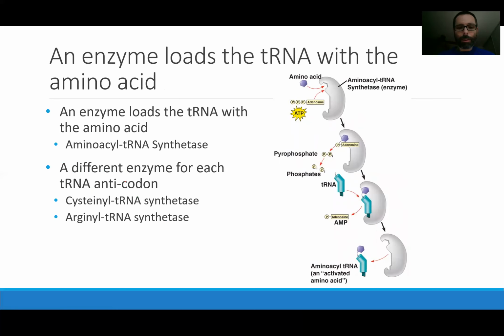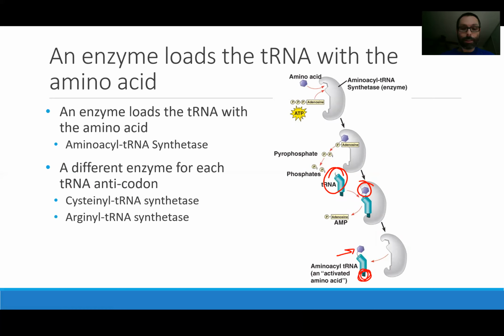That is, of course, if we load them properly. I really hope they wouldn't add something like this into the condensed test, but because all actions in a cell need to be completed or carried out by enzymes, there's an enzyme that goes around and loads up the correct tRNA with the correct amino acid, so that we do in fact get the correct anticodon to go with the